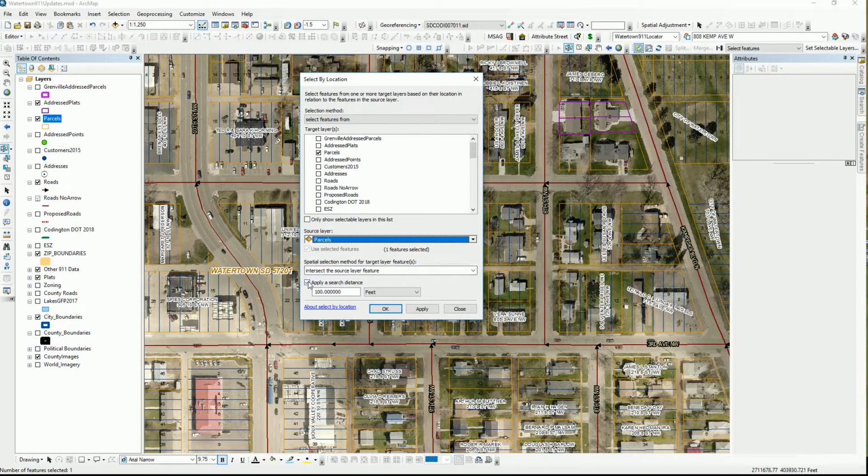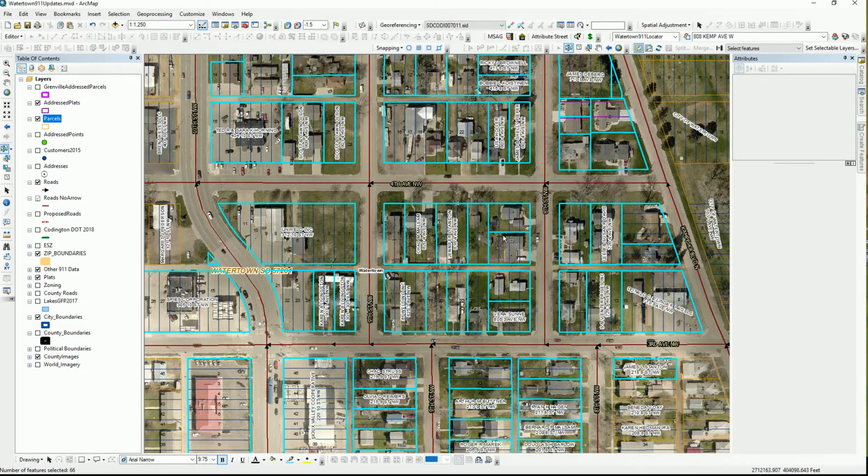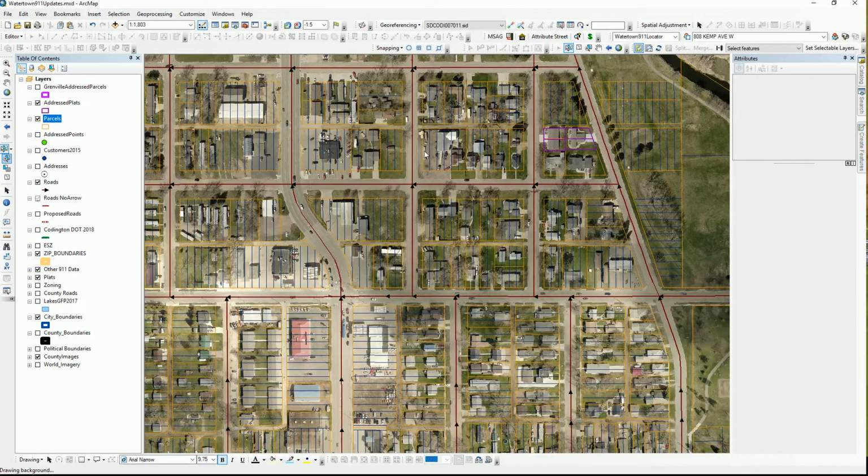and we're going to select all the parcels that intersect with this, and we are going to make sure the apply search distance checkbox is checked, and we will change this to 500 feet. And you can see this is a drop down that will give us choices as to our units of measurement. We will go with feet. Once we do this, I'll click apply, and as you can see, all of the parcels within 500 feet are selected,